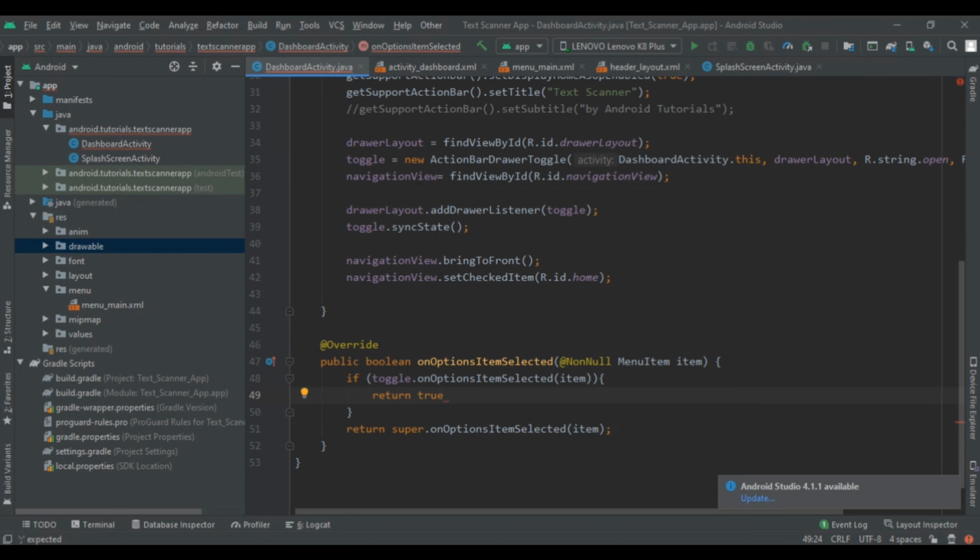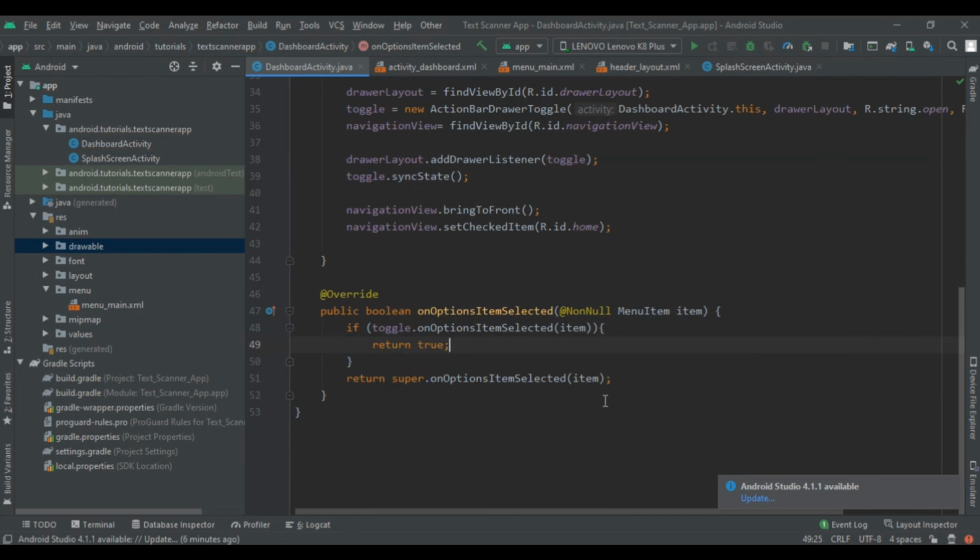After that we will find our click listener. Also, when we click on back, we are not getting the drawer closed, but our activity will be closed.